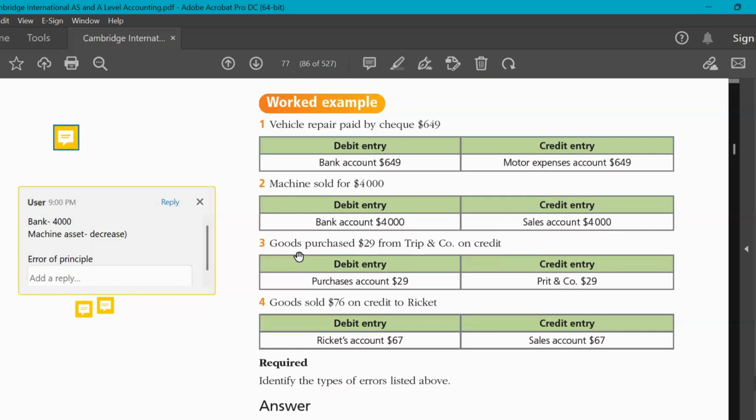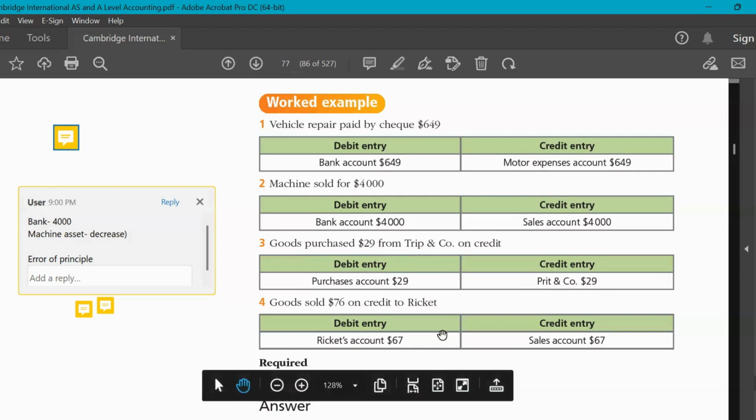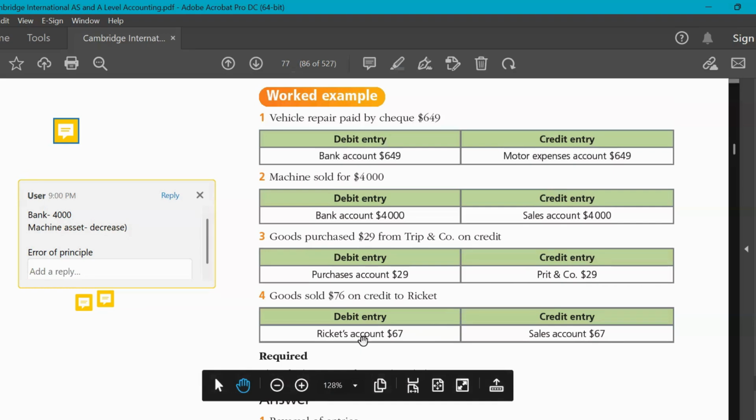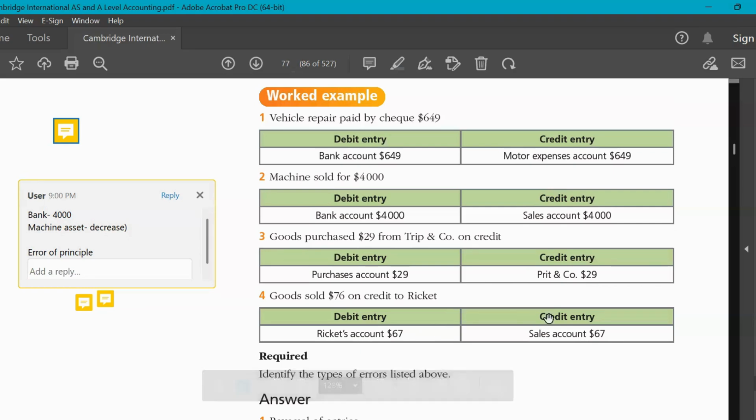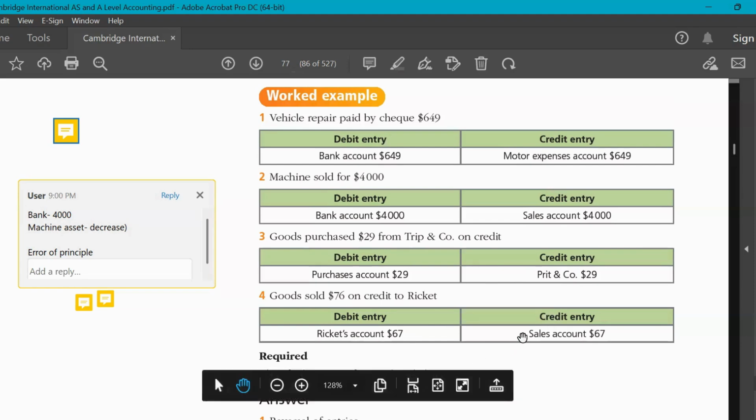Number 3, the goods purchased, the error here is commission because of the wrong supplier. Instead of Trip, on the entry they put Prit. So obviously this one is commission. And last is goods sold. Original entry, that's the error type because of the wrong figure recorded. So in short, again,